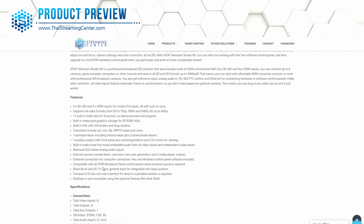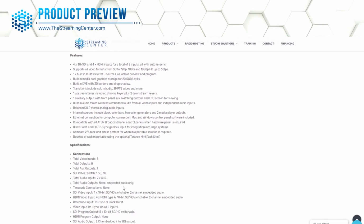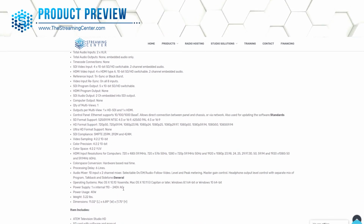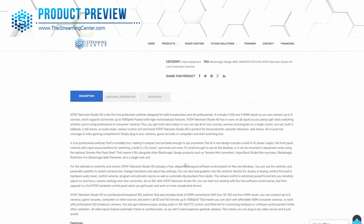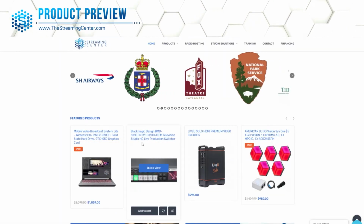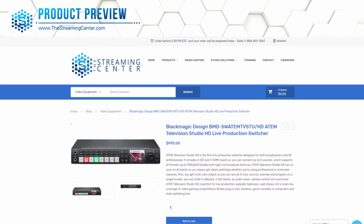If you come down here, you can see some of the features and specifications on this. Again, this is featured on our homepage. It even has a video here that breaks down some of the information about the device. You can come to our website and go to the homepage. On the homepage, we have it right here under featured products. When you click on it, it'll take you right to it. So everything we talked about today is